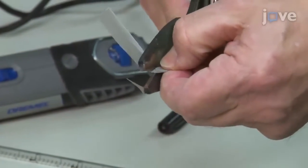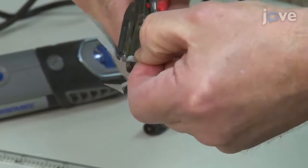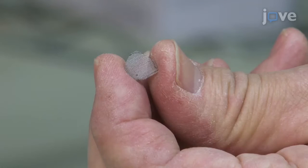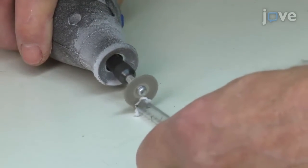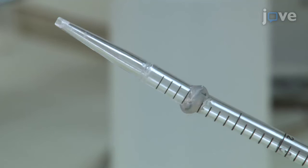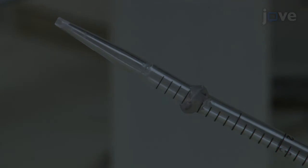To transfer the eggs, make a specialized egg pipette by inserting a mesh screen into a pipette. Simply cut the pipette at the desired location and glue a number 100 mesh screen into the